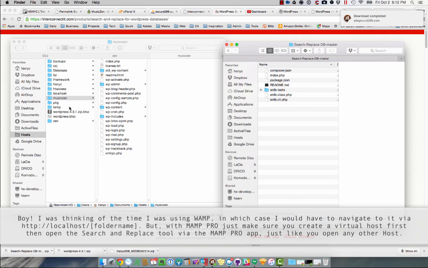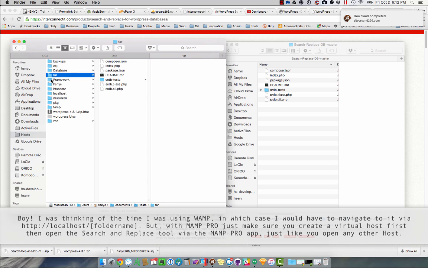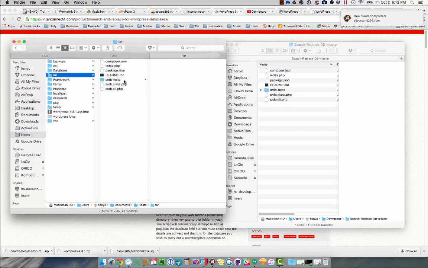So I created a folder called FAR, for Find and Replace, and I copied everything from here over here. Basically it's the same thing as placing the folder here. So just go ahead and do that, and we're going to navigate to this folder here,